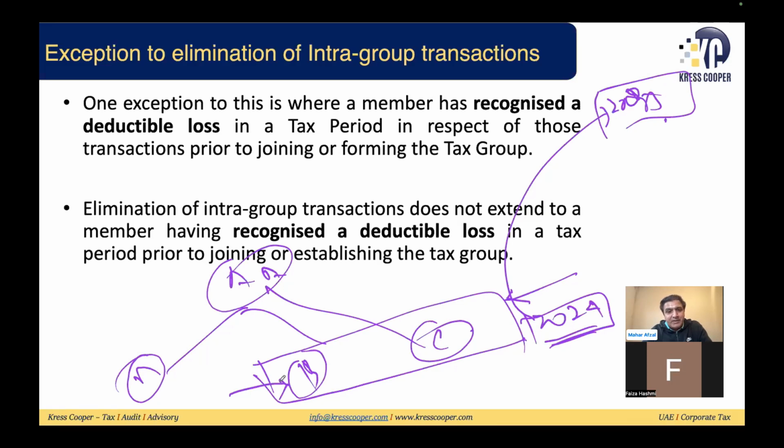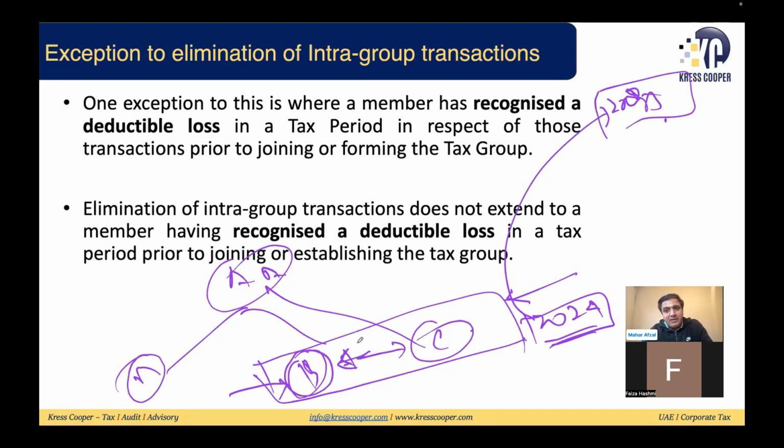Assuming there is a reversal of the transaction or any other income related to that transaction, as per the general principle, all intra-group transactions need to be eliminated. But after entering into a tax group, if this transaction, which has already resulted in a deductible loss, is generating any income between B and C, the law says this income will not be eliminated